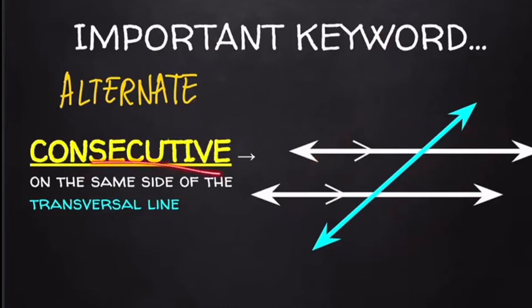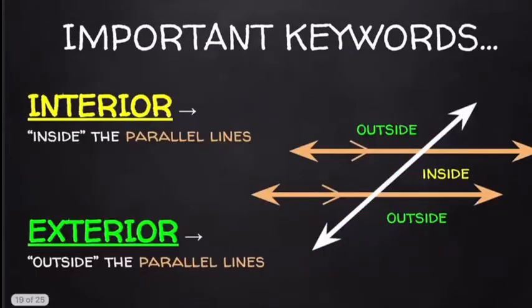Because consecutive means same side. 刚刚我们讲了 alternate angles，就是在 transversal line 分别在两边的角度，但是现在我们讲的 consecutive 就是反过来，就是两个角都在 transversal line 的同一边。consecutive 係喺 transversal line 嘅同一邊，一係佢哋一對喺左邊，一係佢哋一對喺右邊。